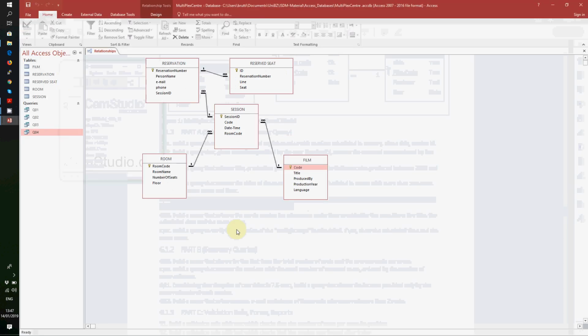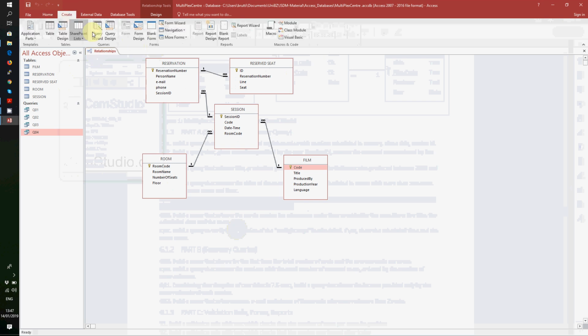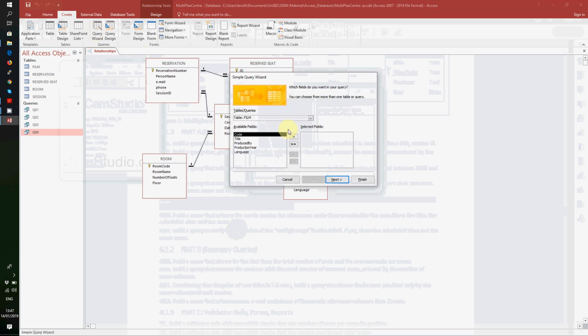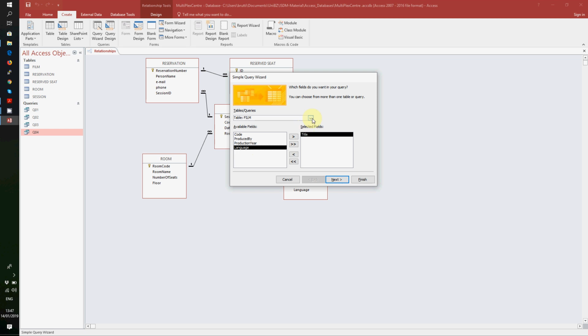So let's take our multiplex center database again, create query wizard, simple query. So we need to display the titles of German movies, the session ID,